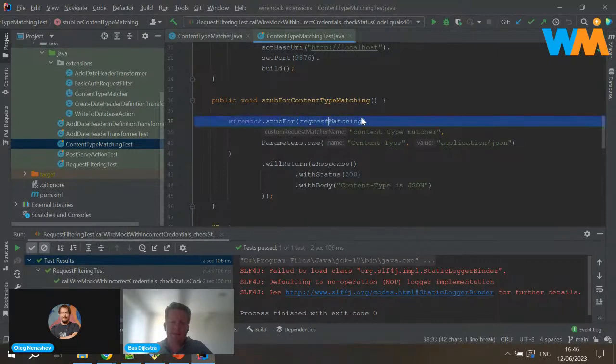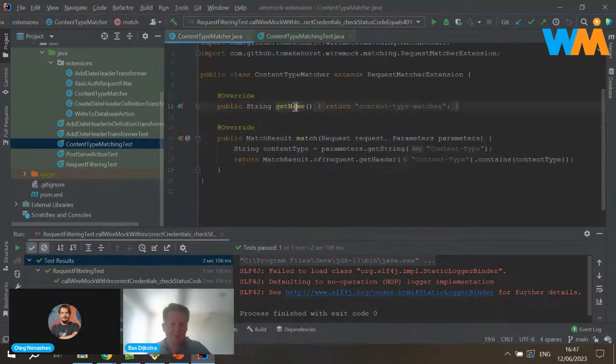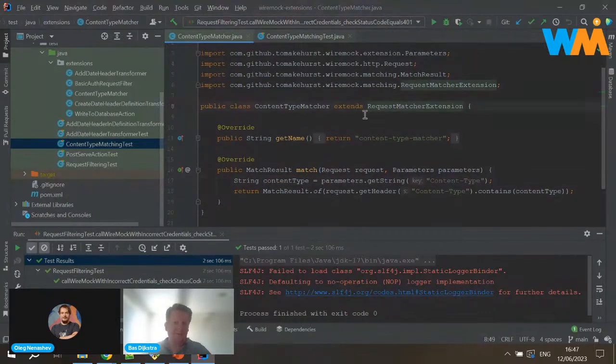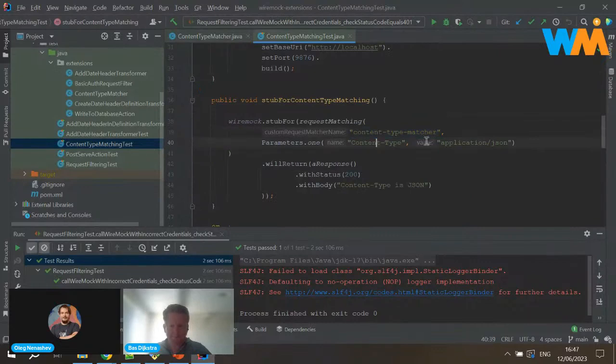This request matching method, I can use this to say, well, I want to use the logic that's defined in this matcher, which is the result of the return value of this method. So it's called content type matcher. That's the name that uniquely identifies this custom request matcher extension.